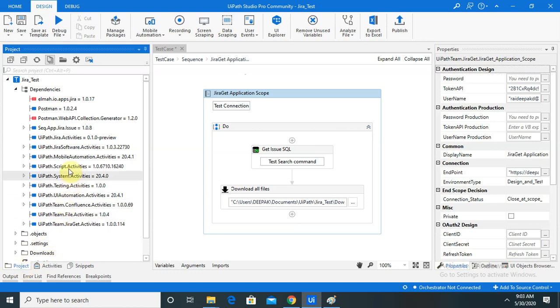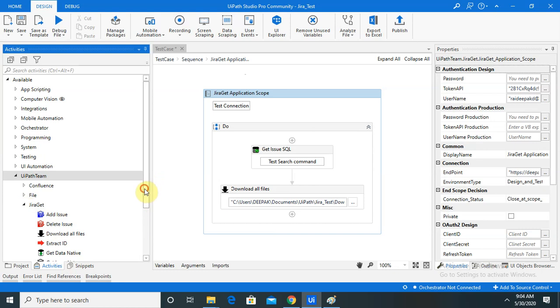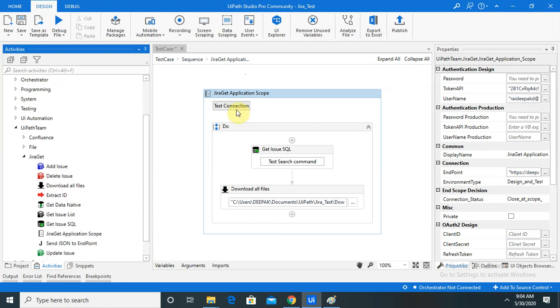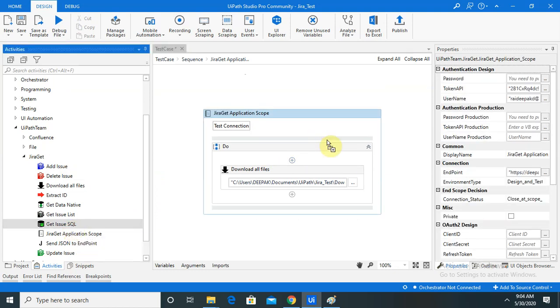After downloading, you are able to see the Jira activities available here. Next we need to create the connection. In my previous session I have already demonstrated that, so I am not going to cover it. Let me jump directly to how we can code the SQL query.